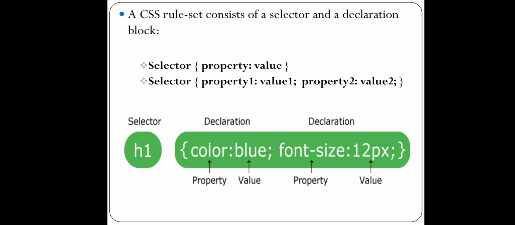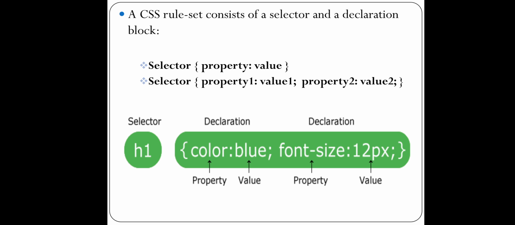So what all styling is mentioned? You can see we have used two properties for that particular H1 tag. First is the color, and the color is assigned the value blue, and after that there is a second property, font size, which has been assigned the value 12 pixels. So if you have an H1 tag in your body tag, then all the text included in the H1 part will have a blue text color, and the font size will be 12 pixels, right? I hope it is clear.